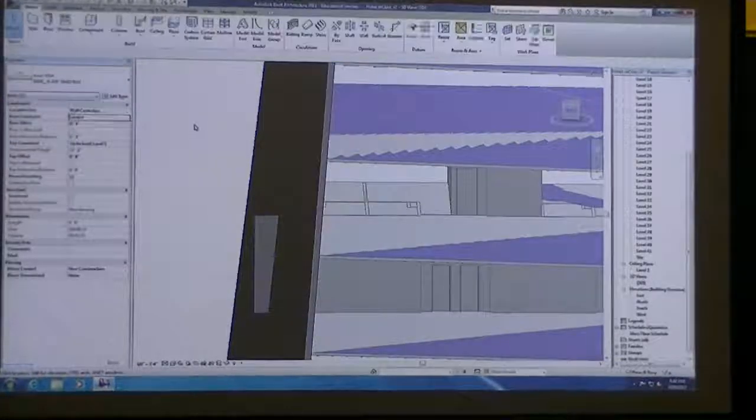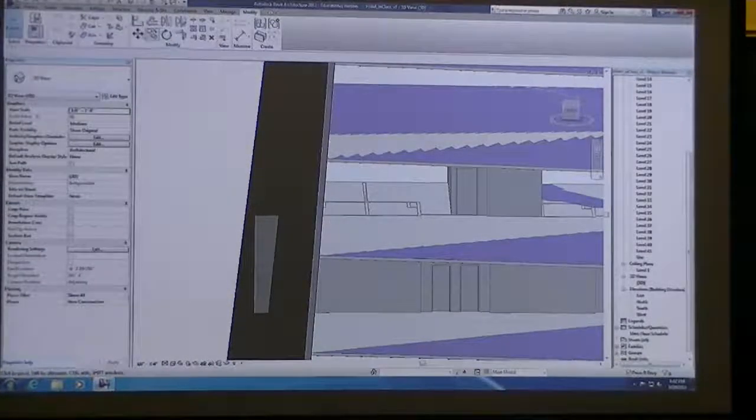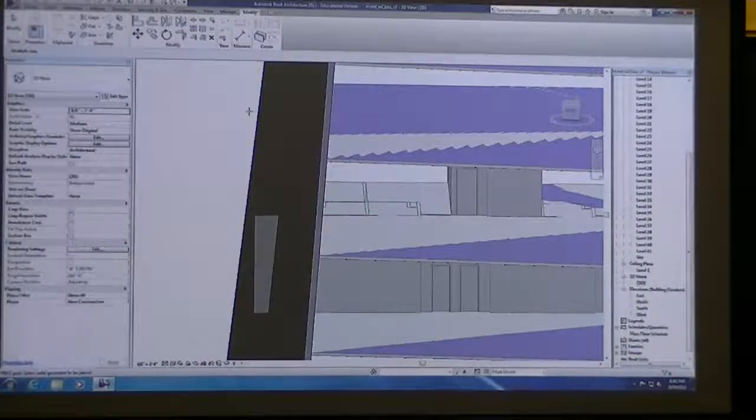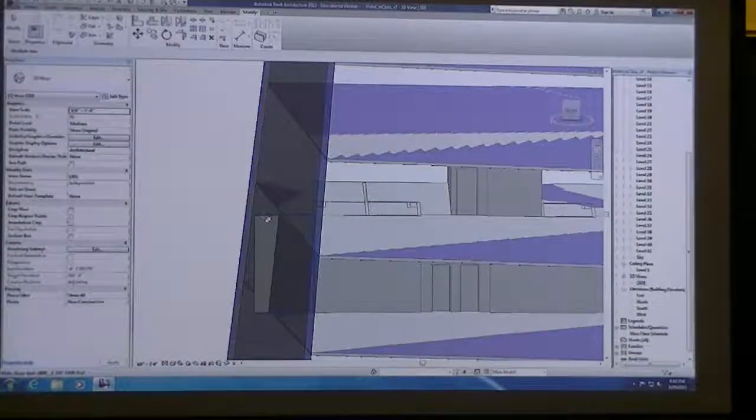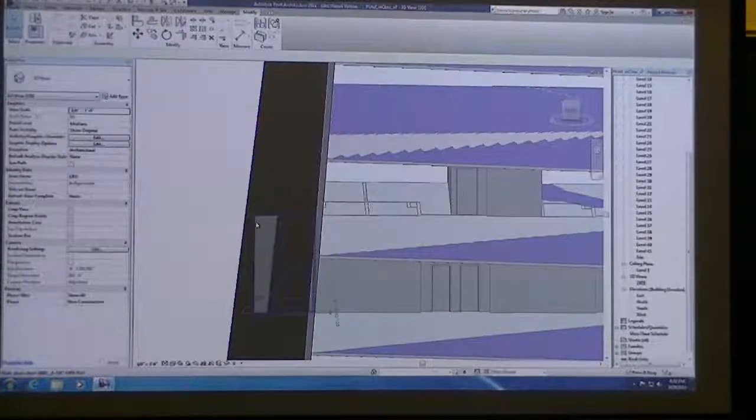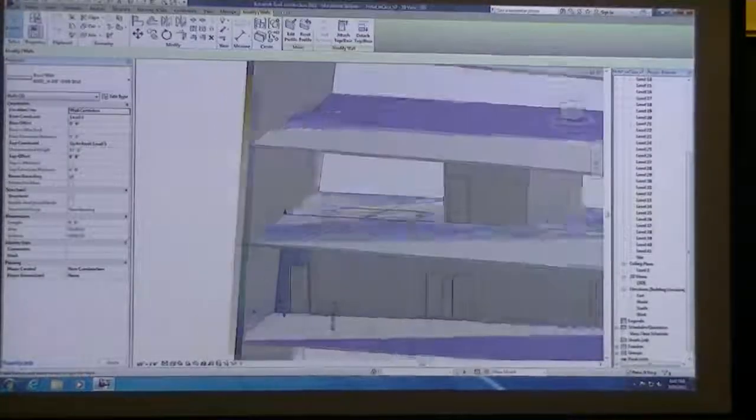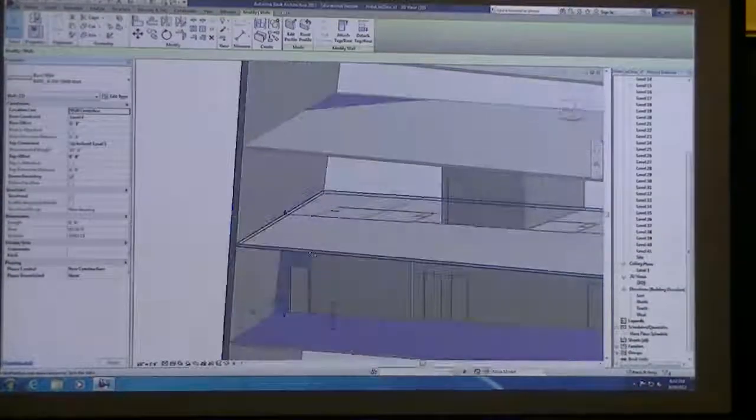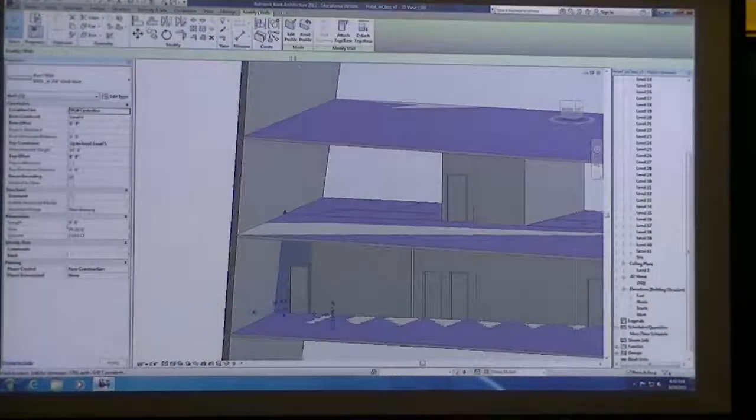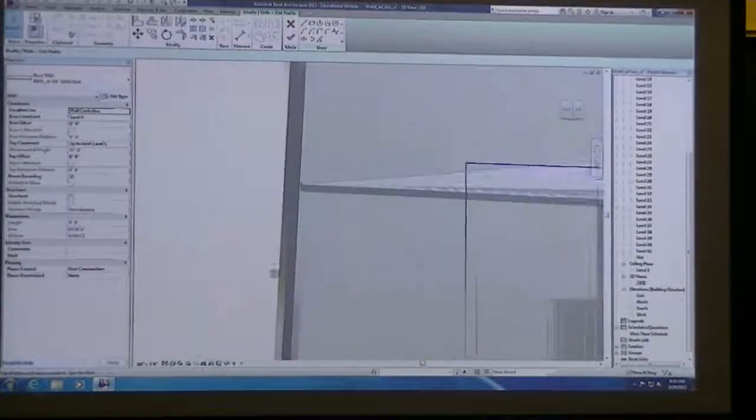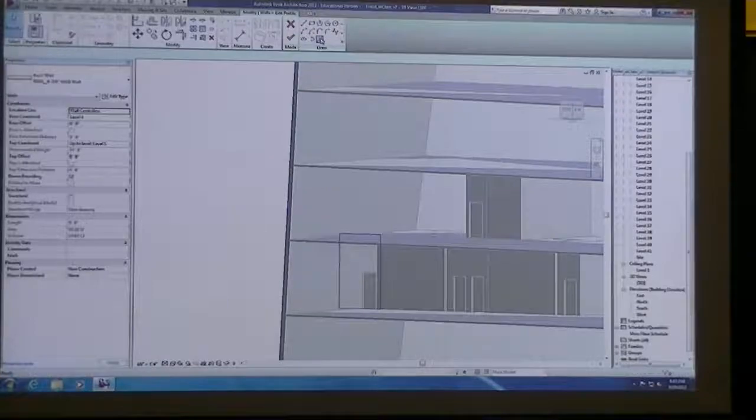Then all I did was click on modify, join, geometry, and then I clicked on both of these, and that basically makes a join mark there. And now that there's a line, when I click on this wall that's extending out. And this is why you want your wall to extend well past your mask face or your exterior face, because then when you click on Edit Profile, you should be able to see